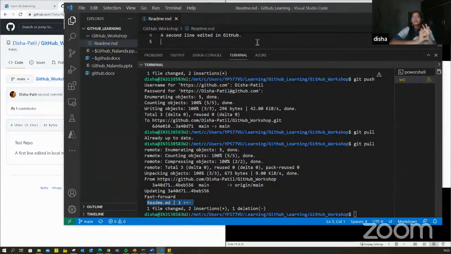I'll always push. So diligently, the task that you need to do is always push your new changes to the online repository so that you maintain the local work and the online work in sync, and always pull before restarting your work, so that if anybody else is working on the same document, same branch, same repository, you always have the freshest copy from the online repository. Okay, this is the most basic kind of a workflow.